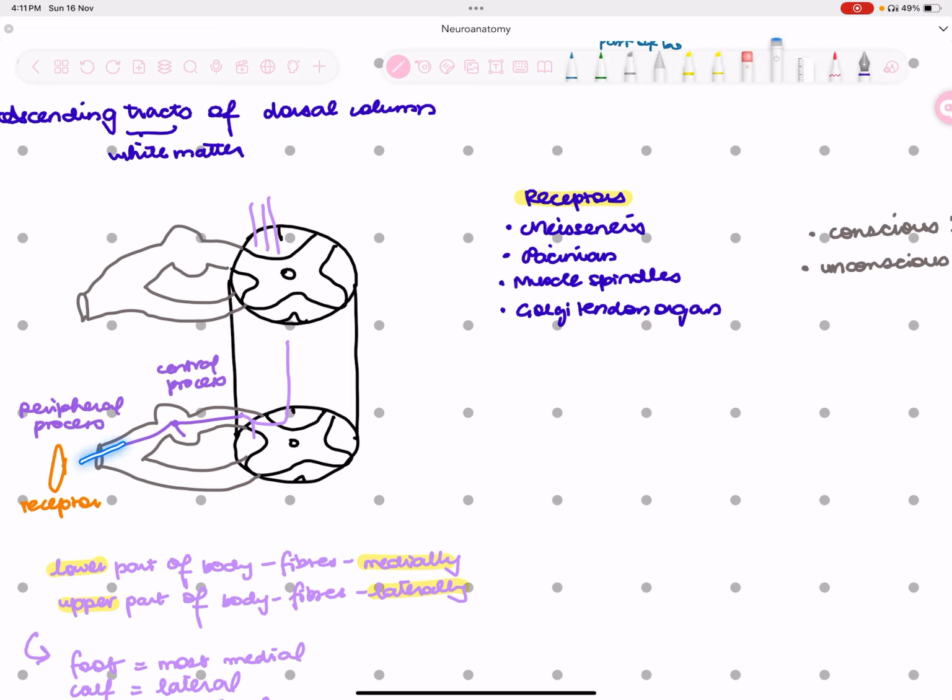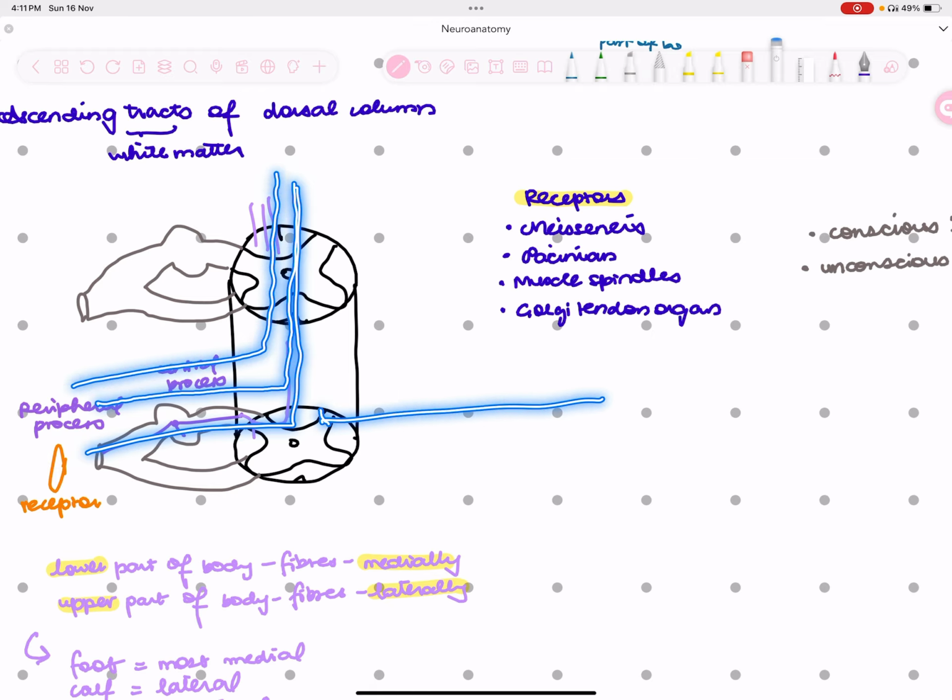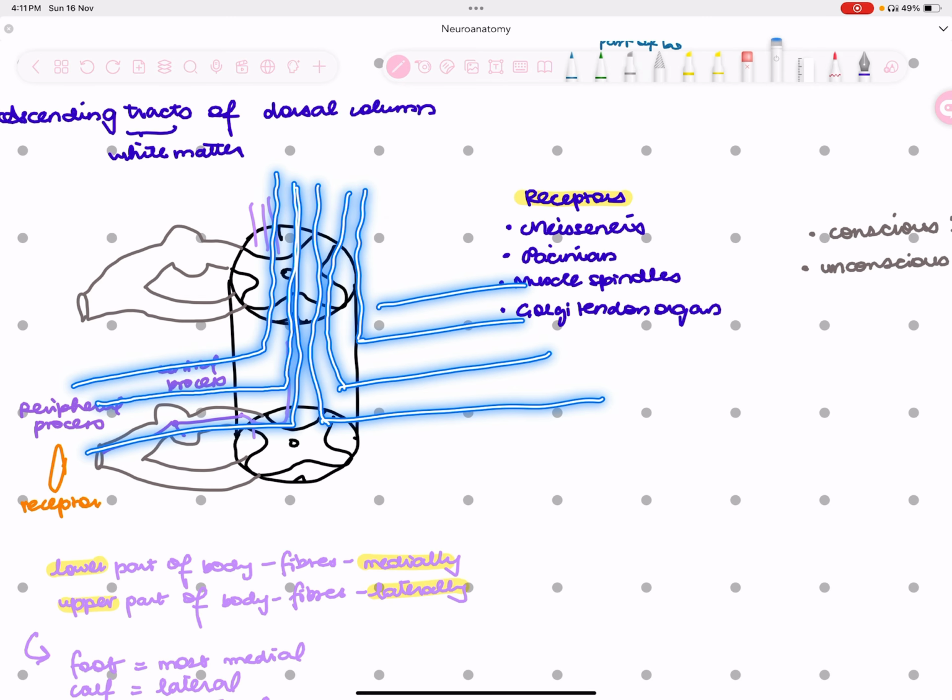So information that's coming from the lower part, it's here. The other information, so this is going medially, right? Another information that's coming from a higher part is going to be added laterally. Another information that's coming is going to be added laterally. Similarly, this goes here as well. The information from the lower part is going medially, and the one that's getting added as we go up, that's